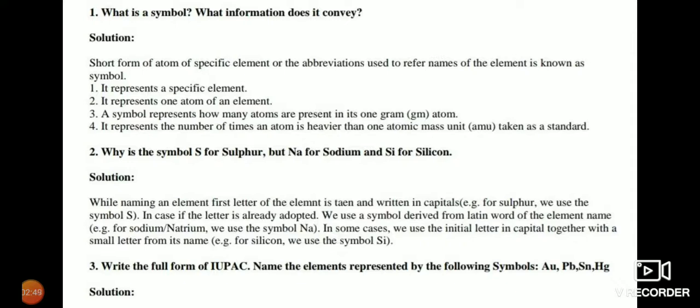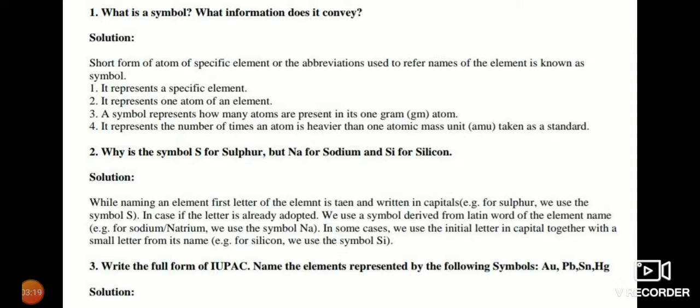Just to take the fourth point as an example, if we compare hydrogen with carbon, hydrogen is 1/12 that of carbon. Why 1/12? Because the atomic mass number of hydrogen is 1 and that of carbon is 12. As we are comparing hydrogen with carbon, we will say hydrogen is 1/12 the mass of a carbon atom. Now the question may be, we have already answered this question, but it is a very important question, so we'll discuss it again.